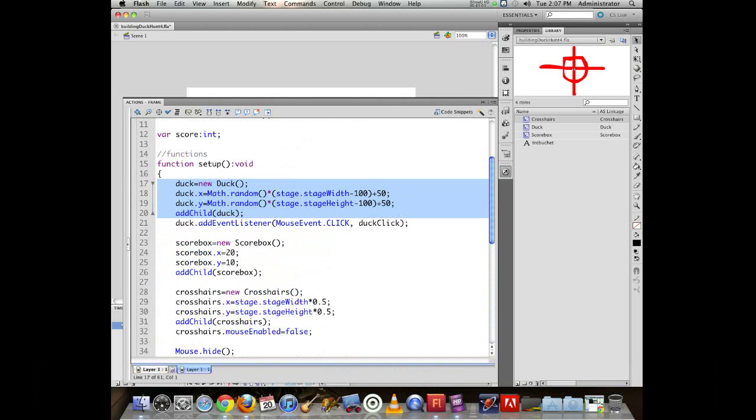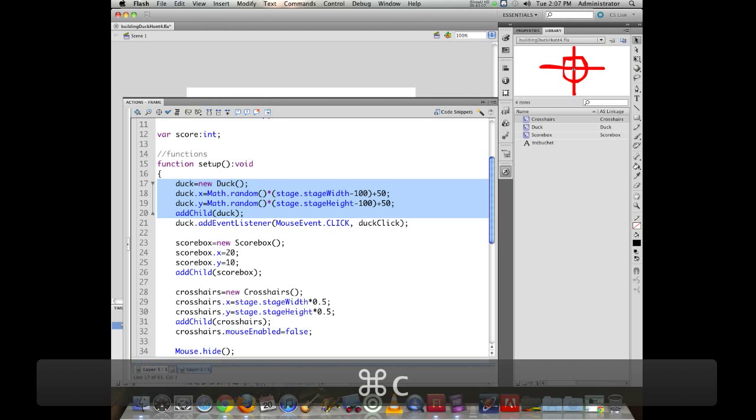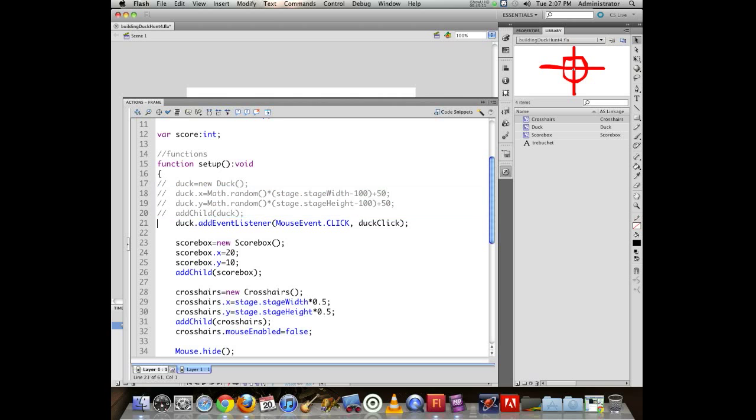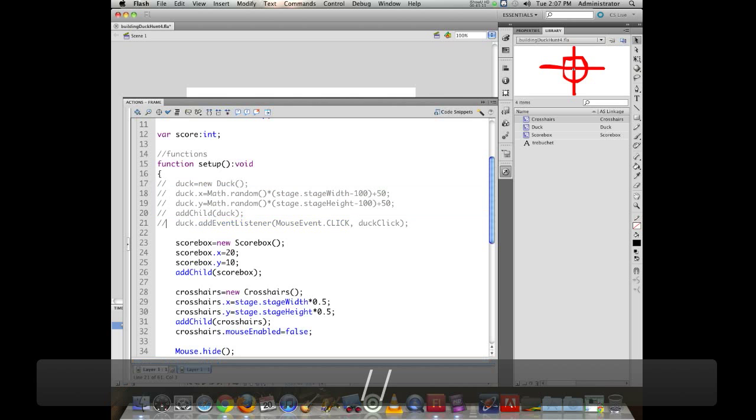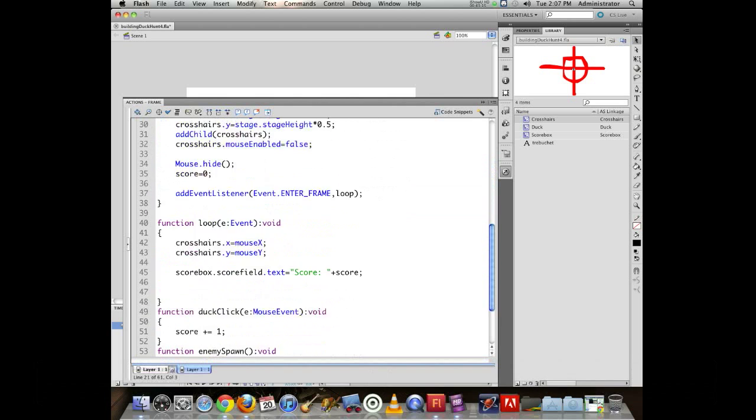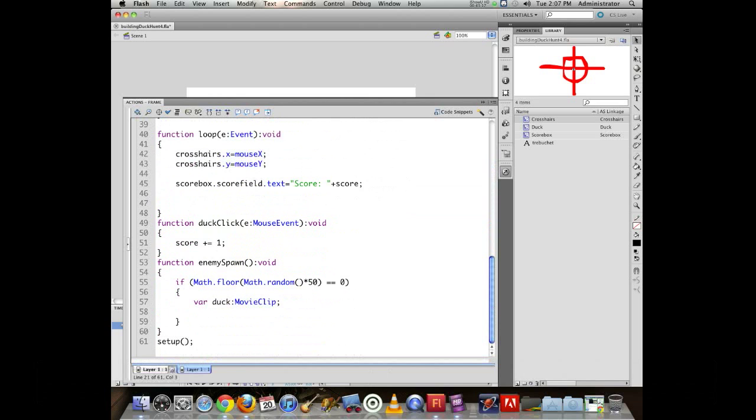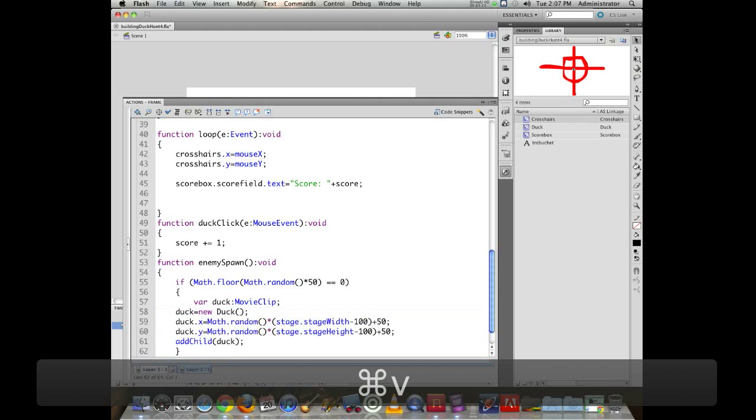I'm going to leave this event listener here, and we'll make sense about why in a little bit. So copy that, comment it out, so it doesn't break anything. So currently our ducks won't be clickable anymore, but right now I just want more ducks to start appearing on screen. So now I'll go here, paste,